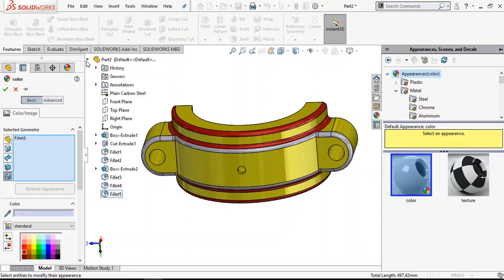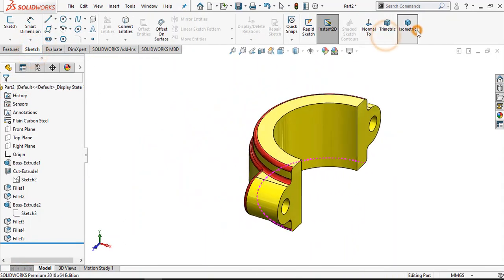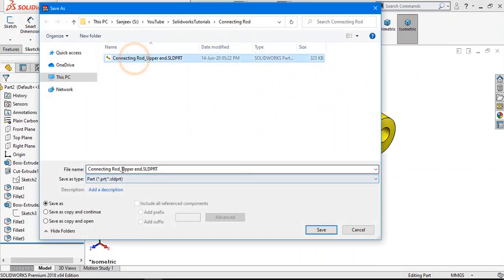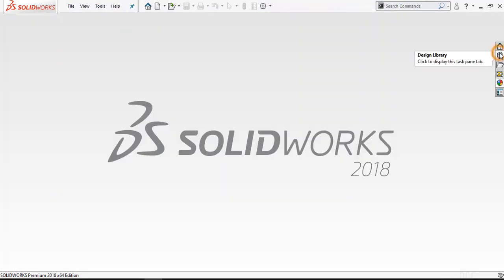Edit appearance, red color. Okay, now save it as connecting rod lower end. Close this.